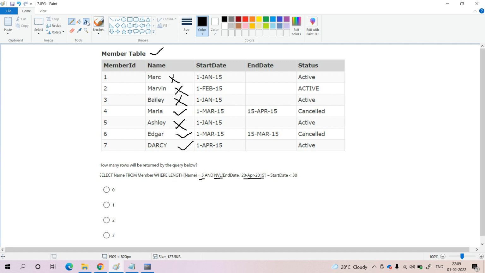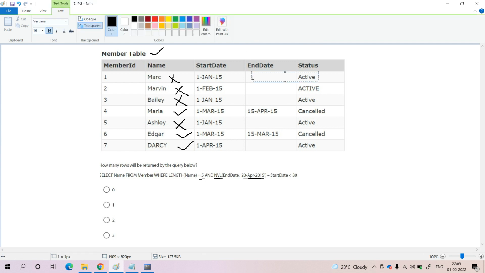So the updated row content here is, for this particular empty end date we will get 20 April 2015, and for the next row also we will get 20 April